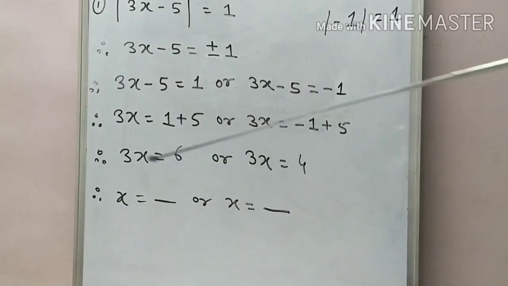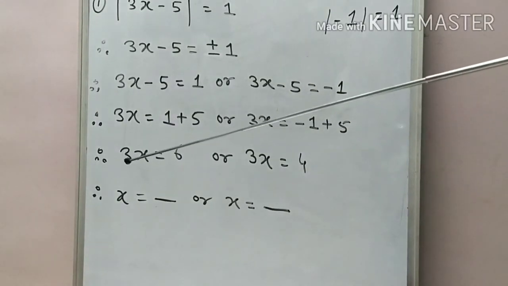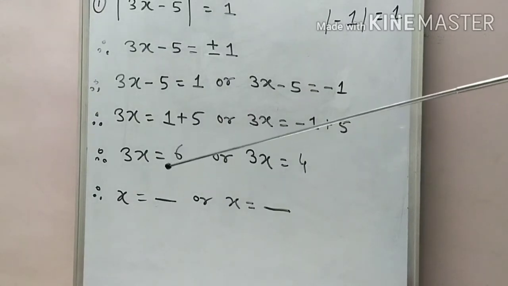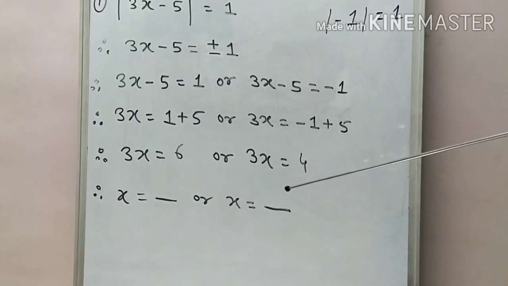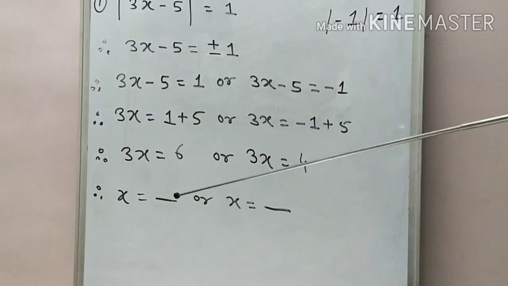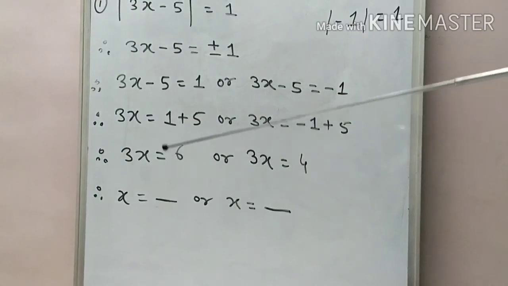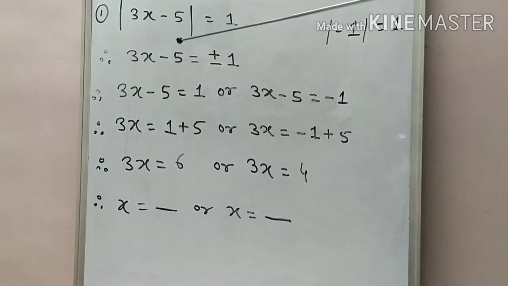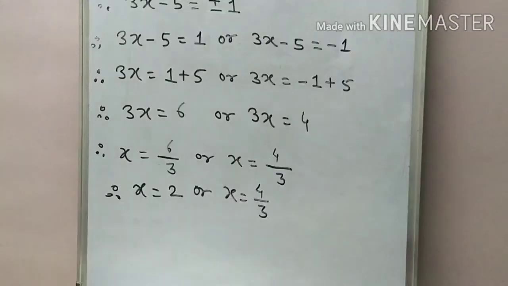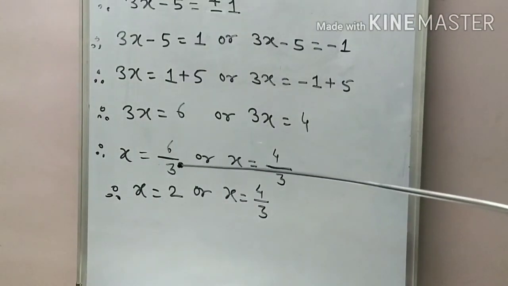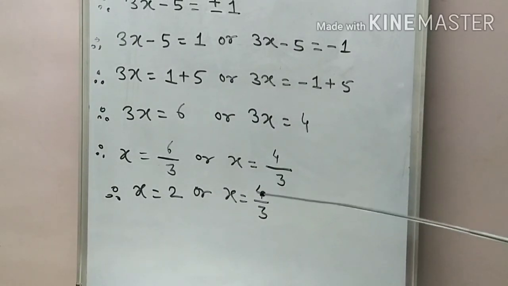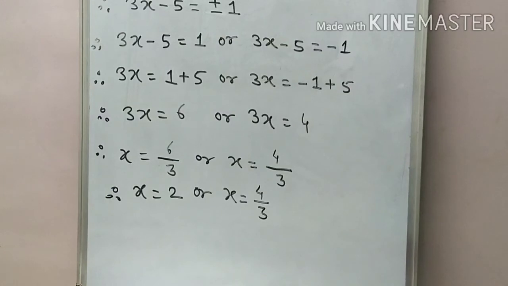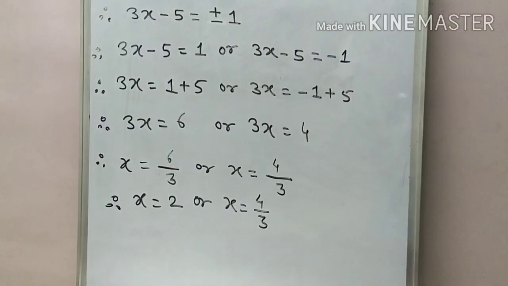Okay, and now to find x, here we do the division 6 upon 3, or x equal to, here again we have the division 4 upon 3, and we simplify this part again. Okay, so the values of x are 6 upon 3 means 2, or x equal to 4 upon 3, the fraction as it is. So like this, for 2 marks an example like this is asked in the exam.